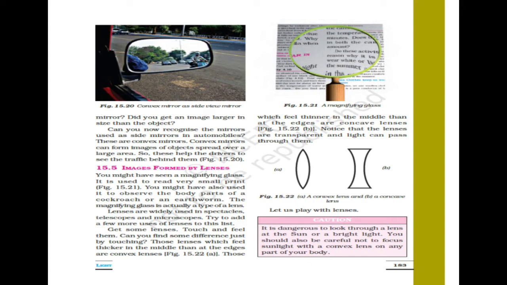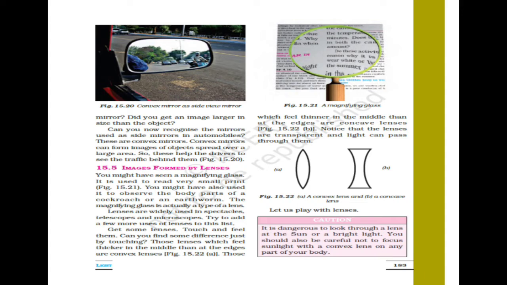In spherical mirrors we have discussed there are two types of mirror, concave mirror and convex mirror. In a concave mirror, when the object is near, the image is large and erect, but if the object is at a far distance, the image formed will be inverted and smaller in size. While in a convex mirror, no matter what the distance, the image formed will always be erect and smaller in size.